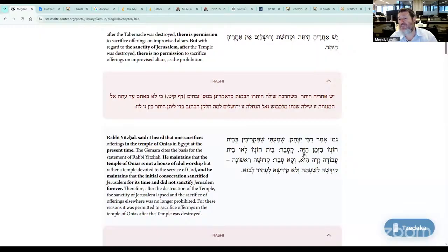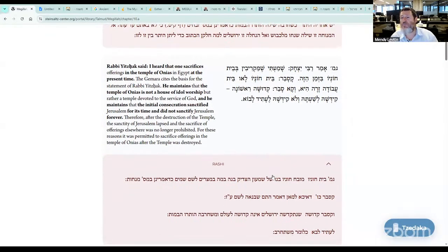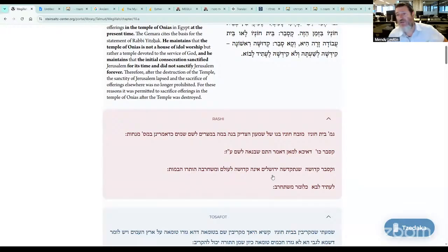And now that the temple is no longer standing, no longer is there a prohibition of sacrificing in the house of Chonyo, because you don't have to sacrifice in Jerusalem anymore. Not only that, you don't have to sacrifice in Israel anymore, in Eretz Yisrael. Kasavar Beis Chonyo lav beis zara, kasavar kedushas shani keshel shadi, like kishel lav. It was only temporary. Once the temple is destroyed, there's no more significance to Jerusalem. There's no more significance, evidently, to Eretz Yisrael, and therefore the house of Chonyo, which is a house for God, you could sacrifice there. And it did stand after the destruction of the temple.